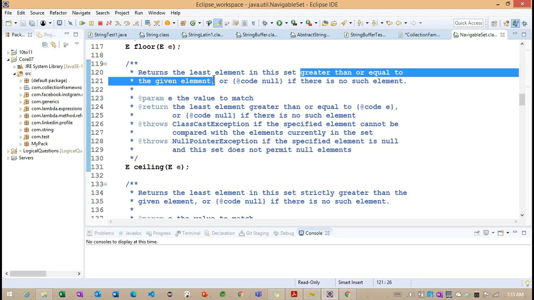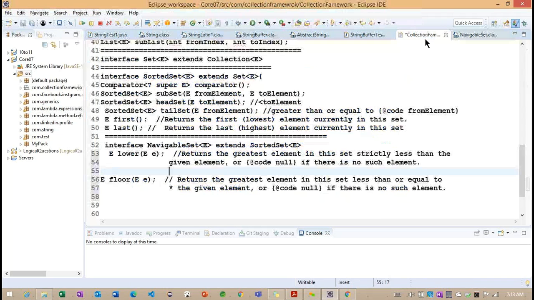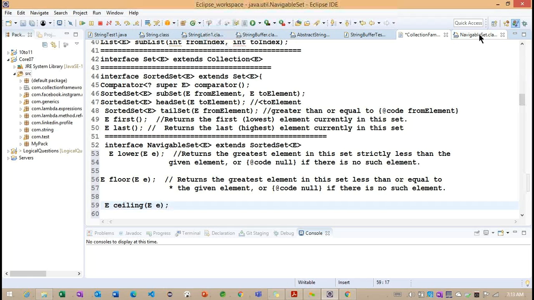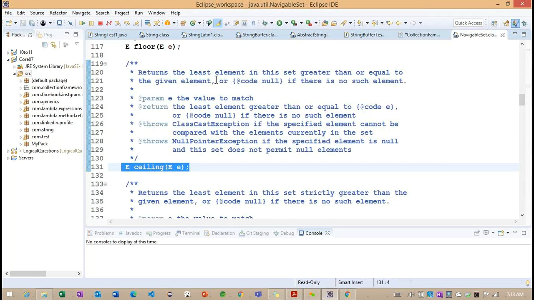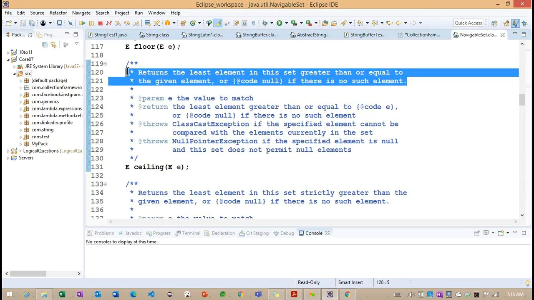This is the purpose of the ceiling method. Each and every method has a differentiation: less than or equals to, or greater than or equals to. Each method has some difference here. Now copy this method's purpose here.